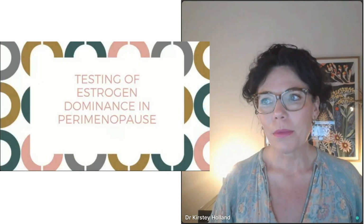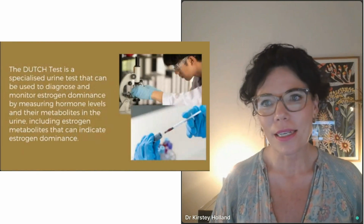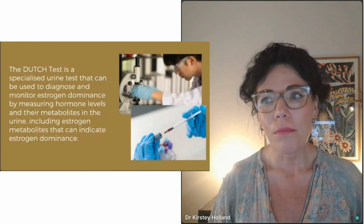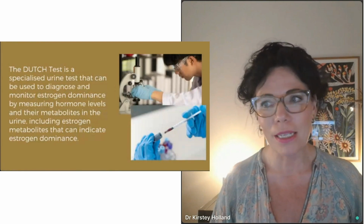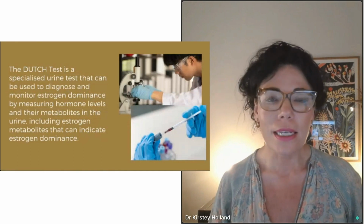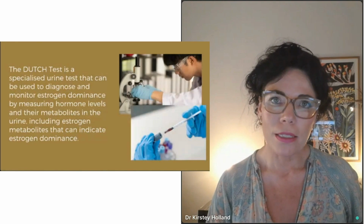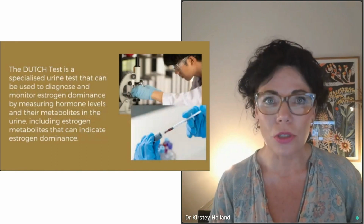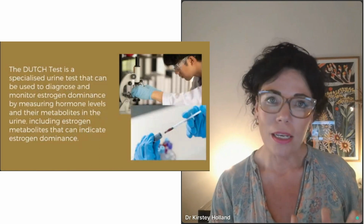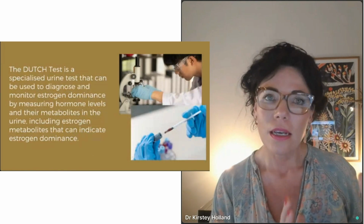Testing of estrogen dominance in perimenopause. The Dutch test is a specialized urine test that can be used to diagnose and monitor estrogen dominance by measuring hormone levels and their metabolites in the urine, including estrogen metabolites that can indicate estrogen dominance. When you only have a blood test, and I'm not saying don't test estrogen in the blood, I actually quite like having both sets of data. So I like my patients to test estrogen, and we'll talk a bit more about the blood test, between day